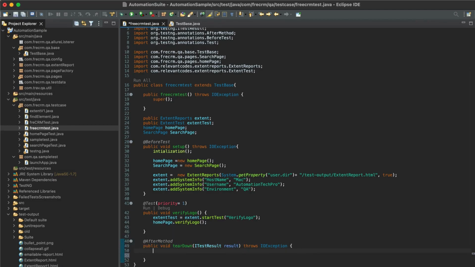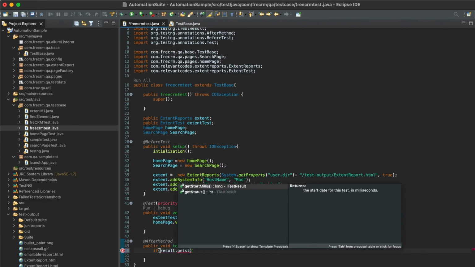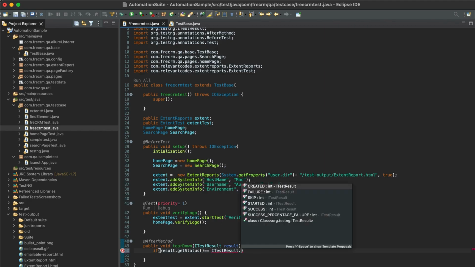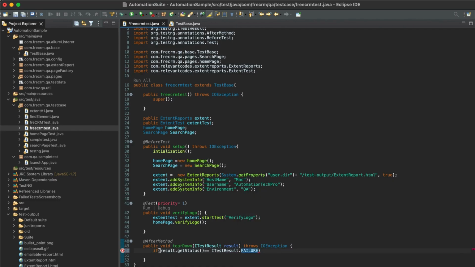Okay, so if result dot getStatus, so basically we are checking the status here. Get status, which is equal to ITestResult dot, we are comparing here. So this status equal to failure. Then